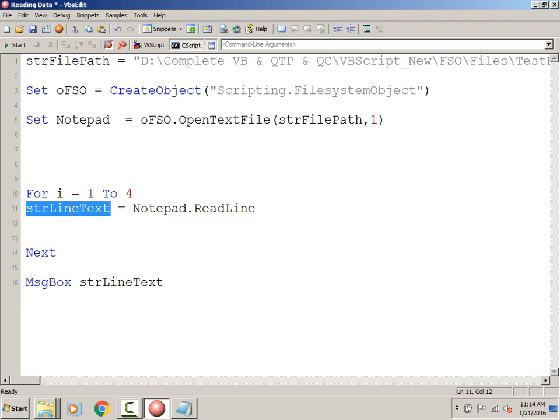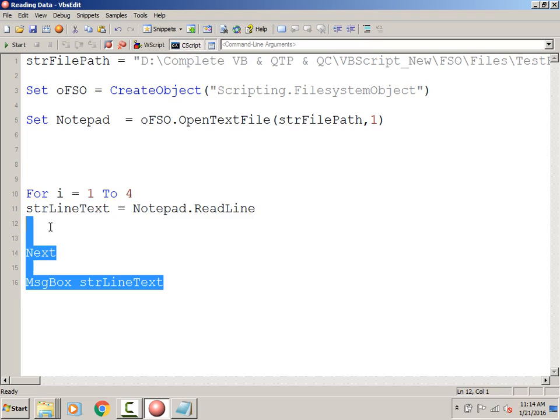Now I don't want to use the loop. I just want to read the fourth line. I just want to display the fourth line again, but I don't want to use a loop like this. What else can we do here? What you can do is